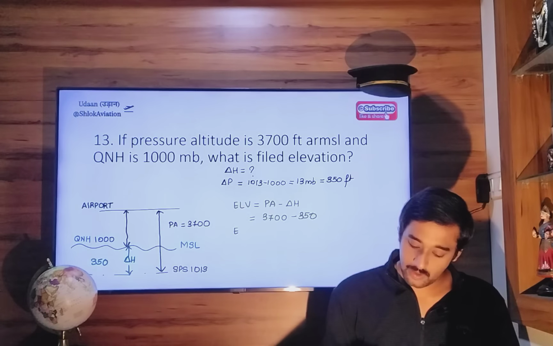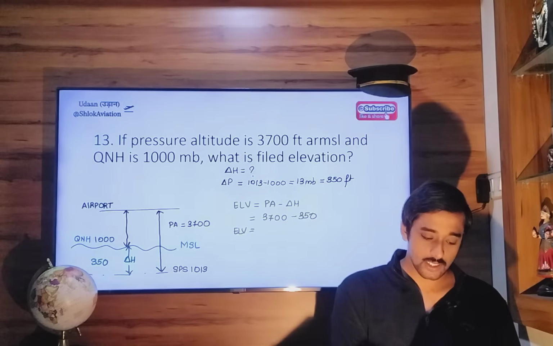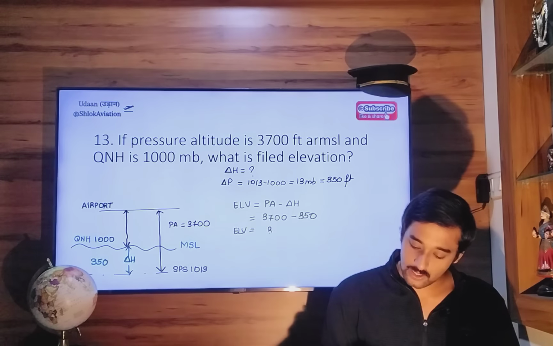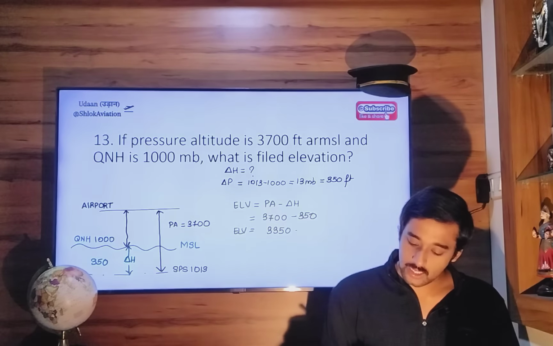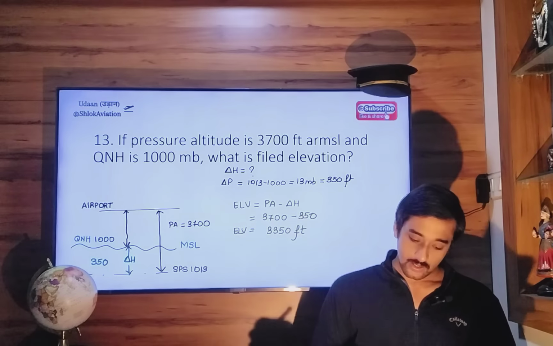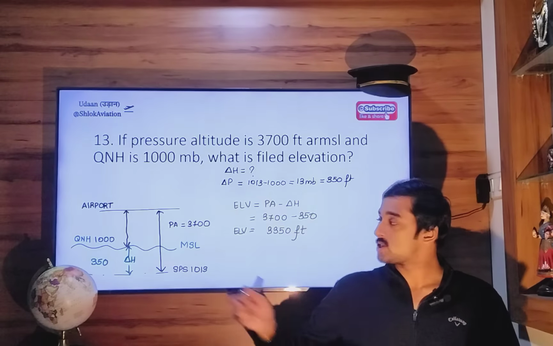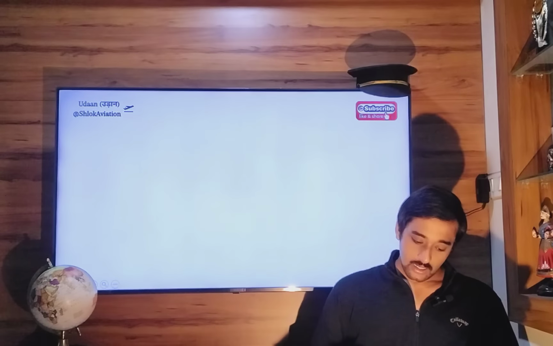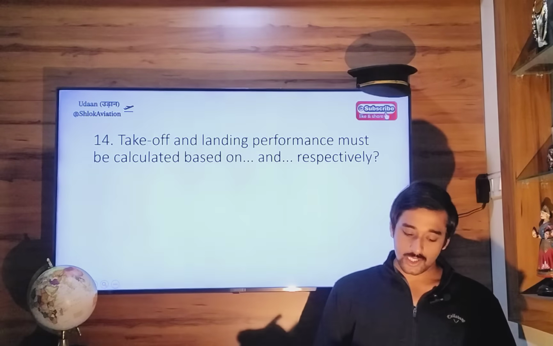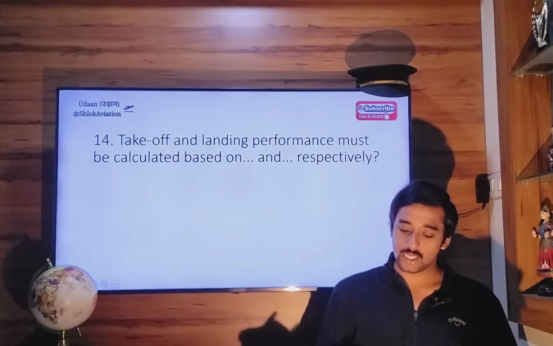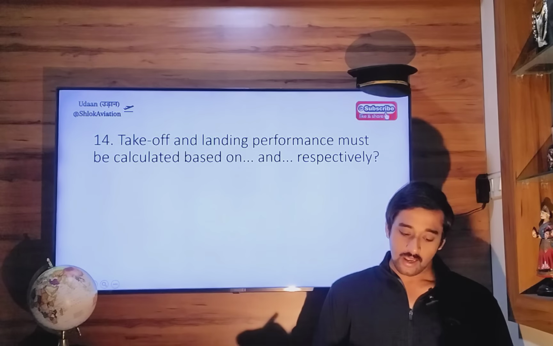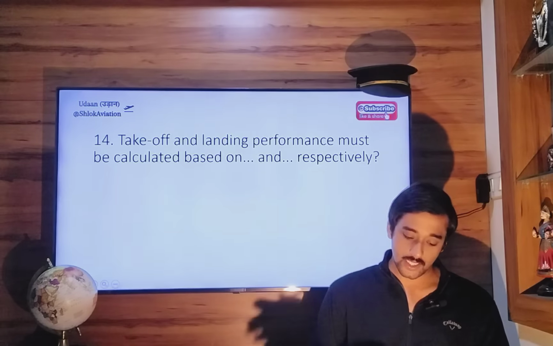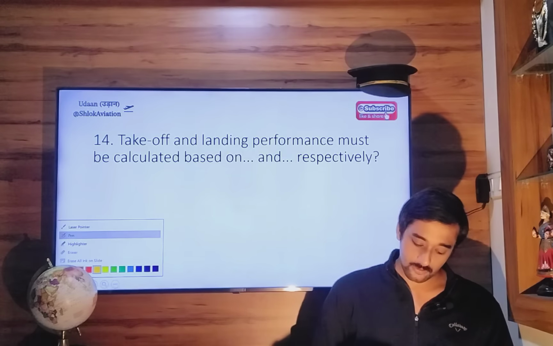So elevation will be equal to 3700 minus 350, that is 3350 feet. Okay, so this is the field elevation which is measured from QNH. Takeoff and landing performances must be calculated based on dash and dash respectively. So always remember, takeoff performance calculations are done on the basis of, or with the help of,